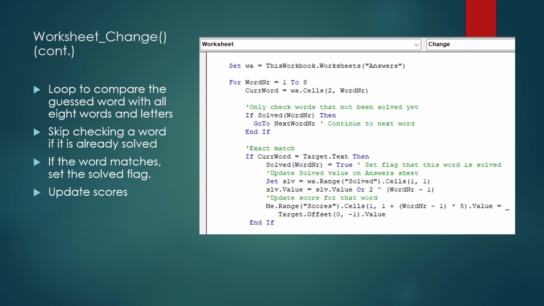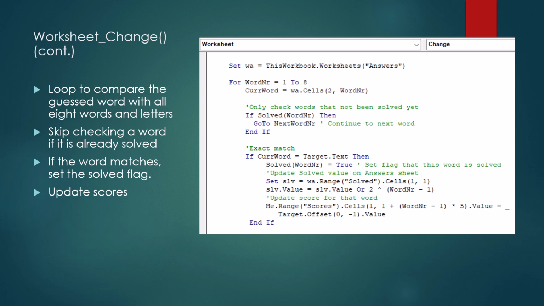If your guess matches one of the words on the answer word list, well then the Boolean array element is set to true for that word, and the solved variable is masked and set to the value so that it then gets updated with the indicator of which word was solved, so that the next time this runs through, this word will be skipped